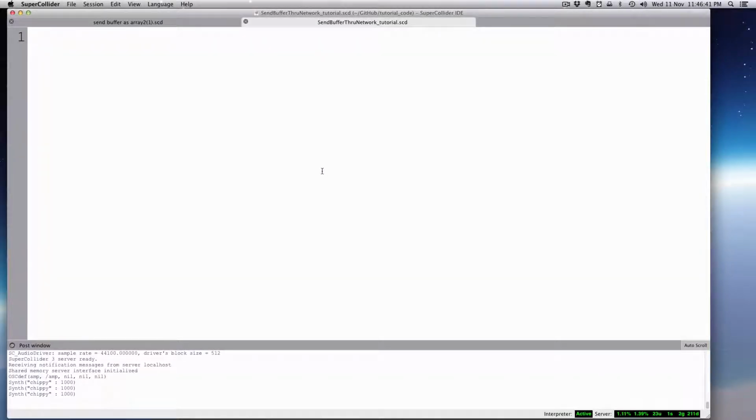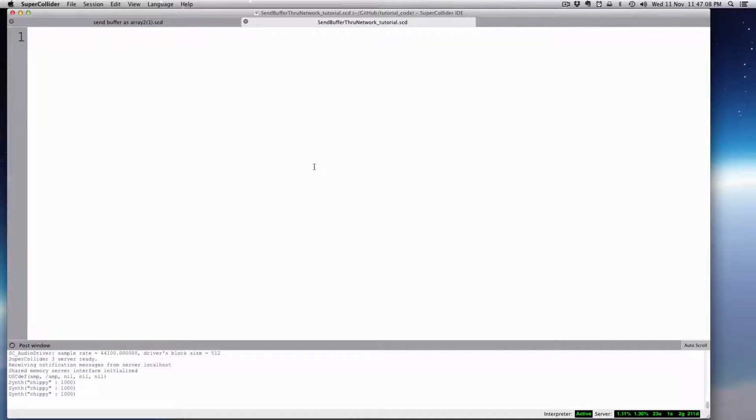Today we're going to look at sending. I've stumbled across this kind of nifty thing. I'm sure it's been done before. It's a nifty way to send an audio buffer through the network. A few of my students were asking if you can do this, and I thought, yeah, it seems like something you can do. But it turned out there were a couple of curves in the road, and I'm happy to have figured this out. So basically this allows you to record a buffer into SuperCollider on your computer